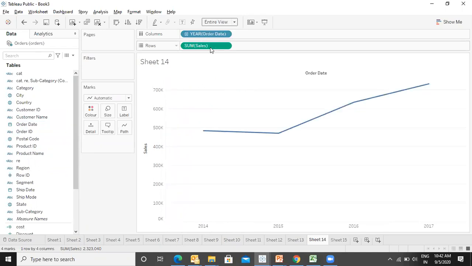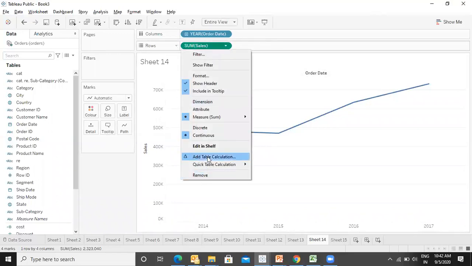If you have ever interacted with the people who sell mutual funds and all, they say, okay, you look at the 10 years data. In 10 years, you can see that the growth is so much. It has grown 20 times. So in that case, they display a running total like this.